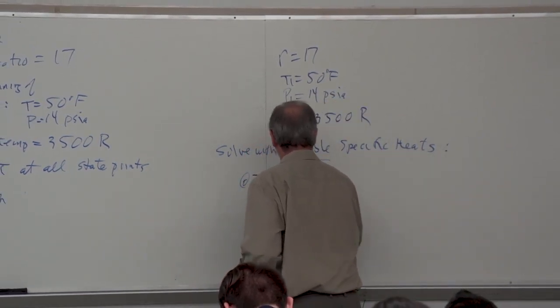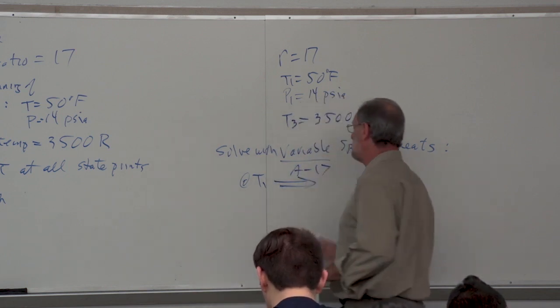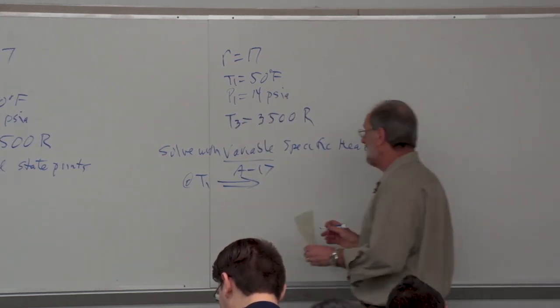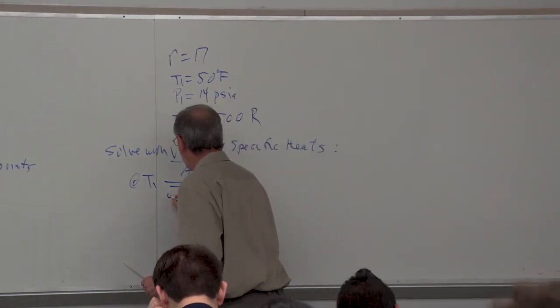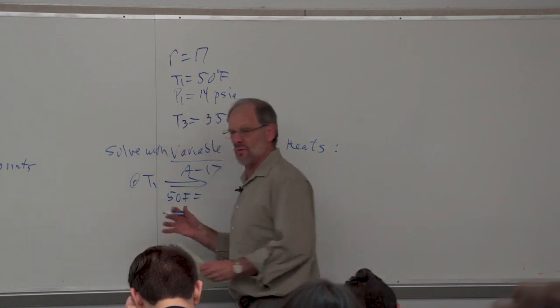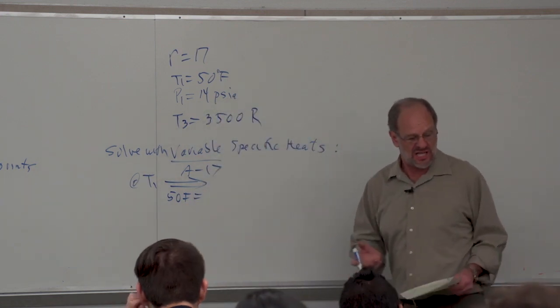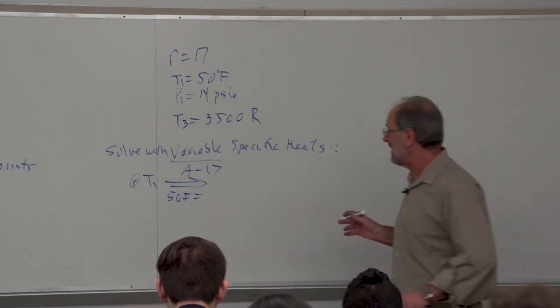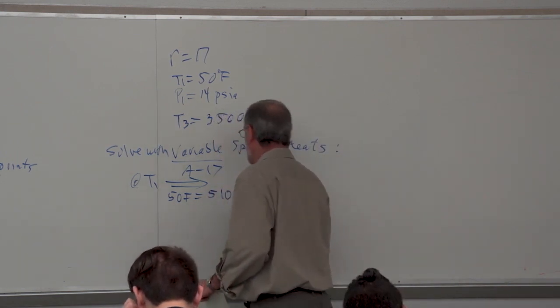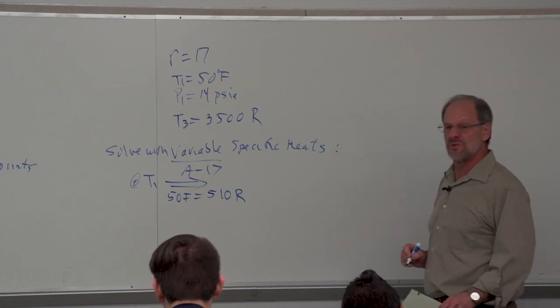So at T1, we're going to have to go into table A17, and we know the temperature, 50 Fahrenheit is equal to what? We had 459.67. Why don't we just call it 460? And that means we have 510 Rankine. So at this particular temperature,